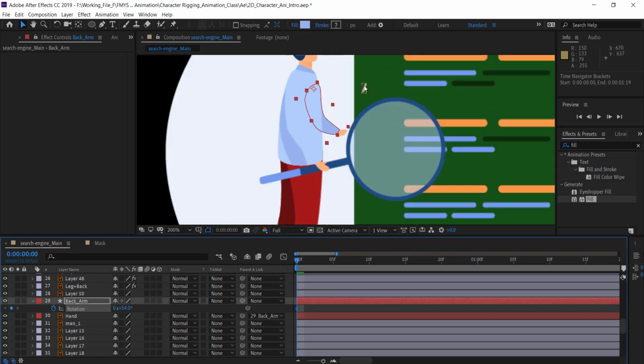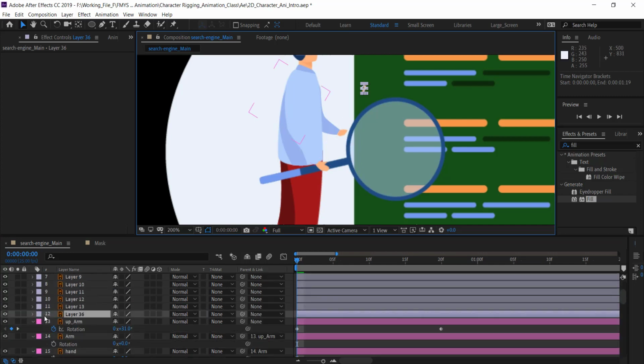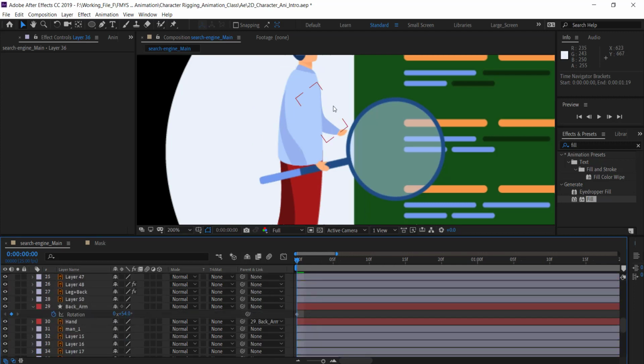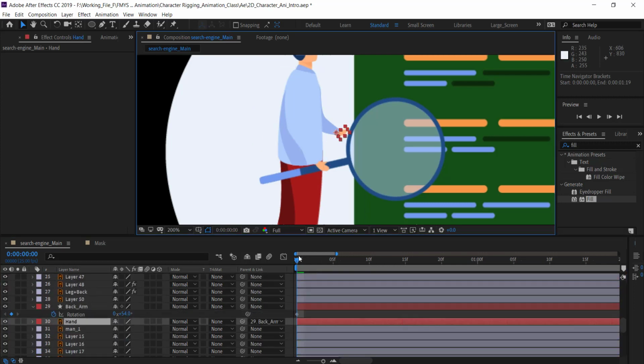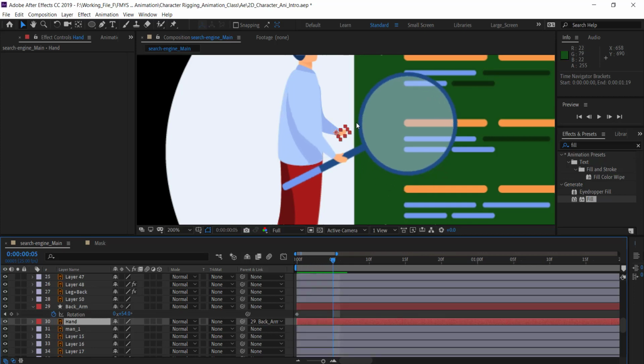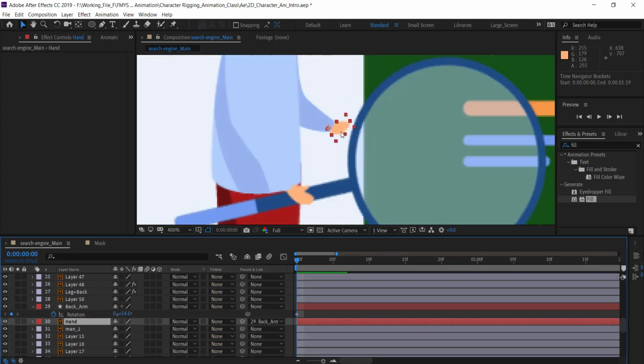I like it. There are some artifacts happening here. This is meant to, but you know what, this is not so essential, so let's just remove it. Because at the time the hand was inside the glass and the magnifying glass was at the back, it wasn't very obvious that this hand is not complete. But right now that the hand is looking like this, the way to mitigate that is